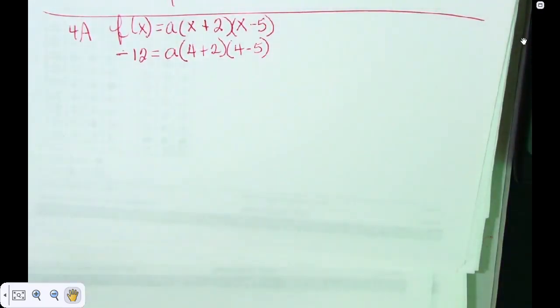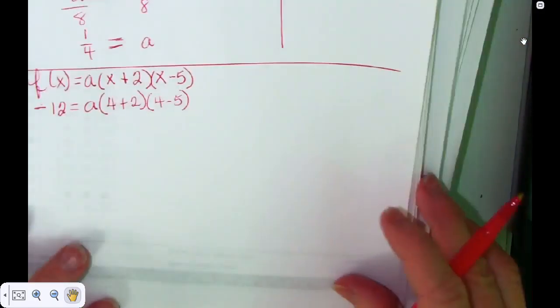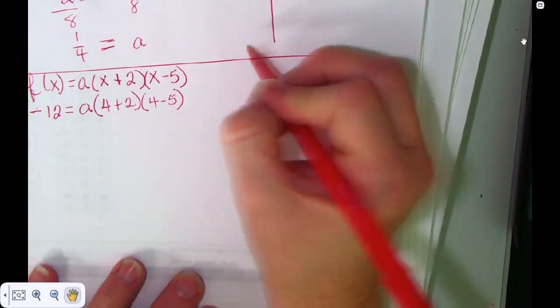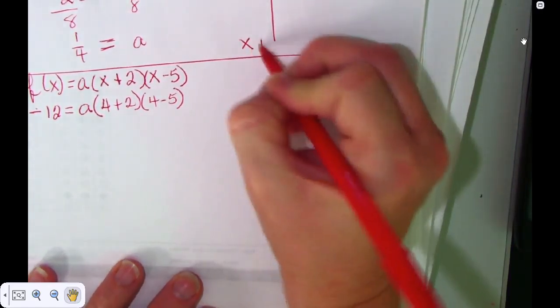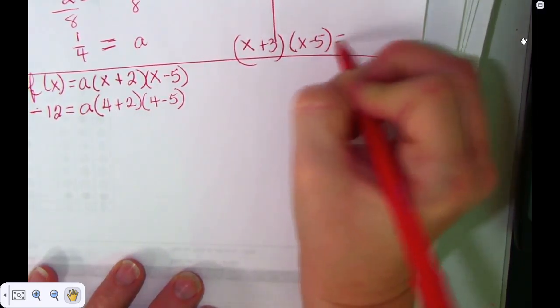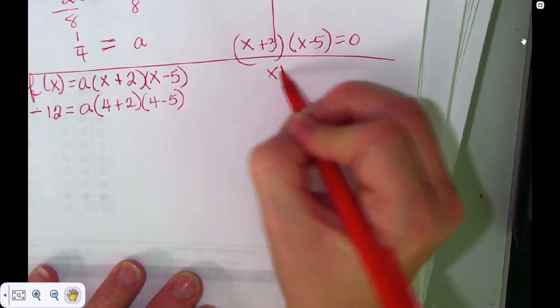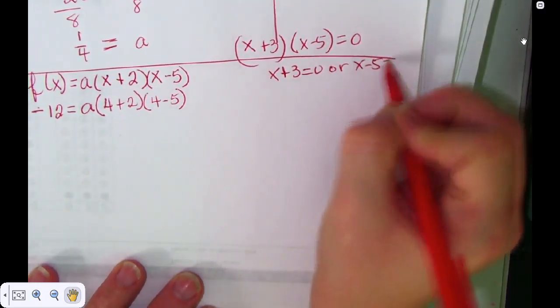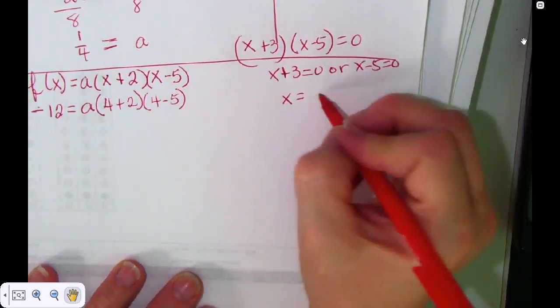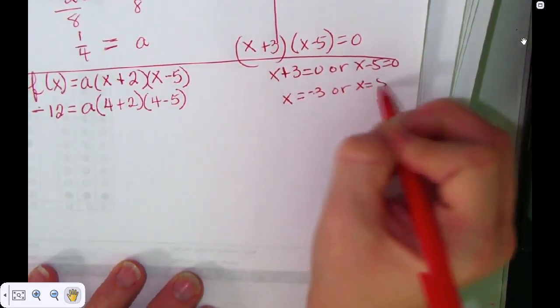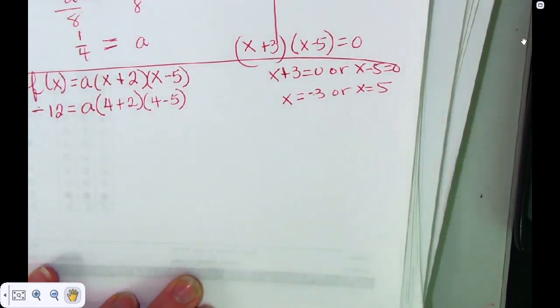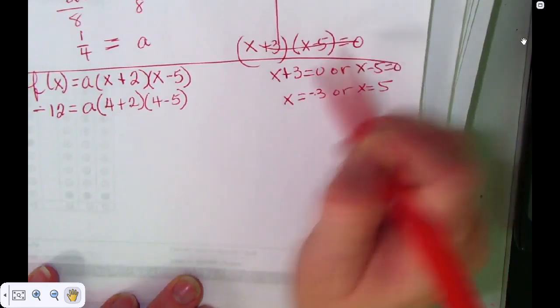Okay, Shawnee, we're on page 556. Okay, and I'm going to go over this. We forgot to record, so I'm going to go over something. Oh, and Katie. Thank you. Okay, so Shawnee and Katie, listen to this. Remember when we had x plus 3 times x minus 5 equals 0? Well, we had to come down here and go x plus 3 is 0, or x minus 5 was 0. So when we solved that, we got x equals negative 3 or x equals 5. Okay? So we're going to use that right there